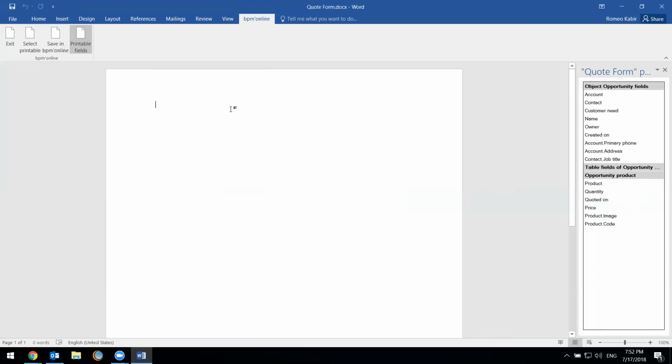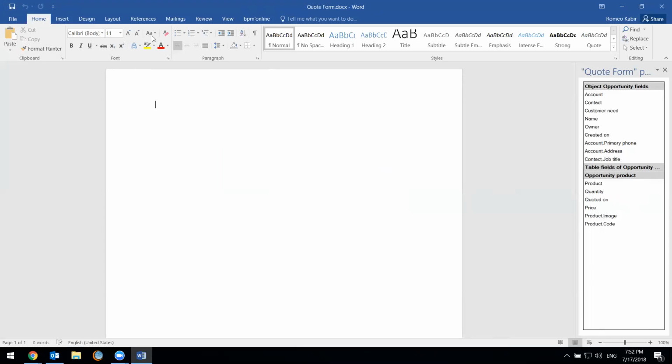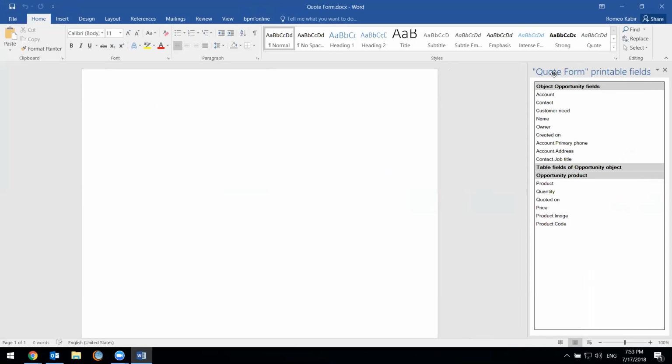Now, to set up the printable, I can actually do all of my standard Microsoft Word tools. This is a standard Microsoft Word document. So if I want to include images, fonts, whatever it is, I can do all of that. The only thing the system is going to do is, you'll notice on the left-hand side, we have quote form